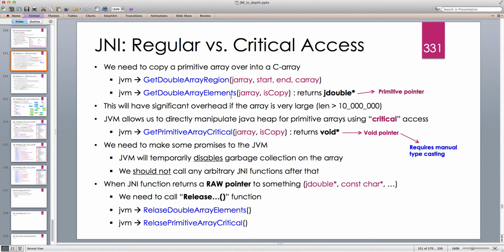Now at first look, you might say, okay, this is great. So the JVM is now giving me some control. It gives me some raw pointers, which the JVM typically considers very dangerous for the user to work with. However, the problem here is that the JVM doesn't actually give up control. This primitive pointer is not a direct pointer to the actual J array. That's why we have this isCopy